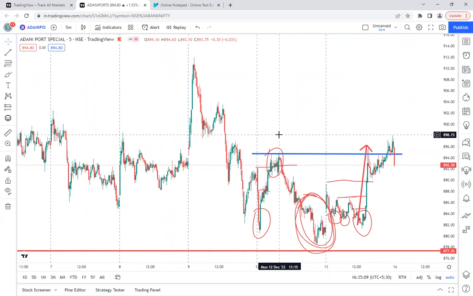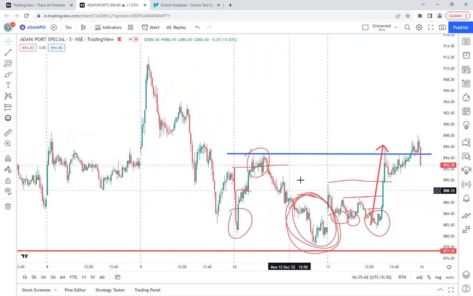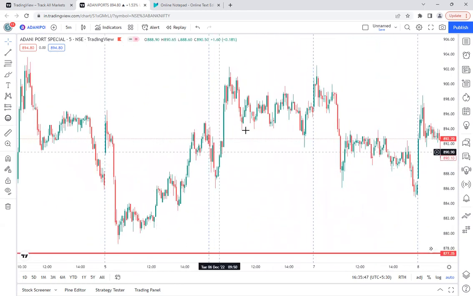Keep on practicing the price actions. Keep on practicing when the manipulators can take their positions, at what point of time they will enter, what kind of manipulations they will do in the intraday, and at what point of time they will reverse the price action and reach the maximum extent. This kind of practice should happen. You have to do it on a daily basis. You have to keep on reading, keep on practicing, and keep observing each price action very closely. Go to the previous price actions in each day and see how they performed on that day.